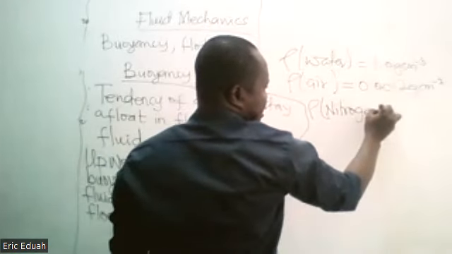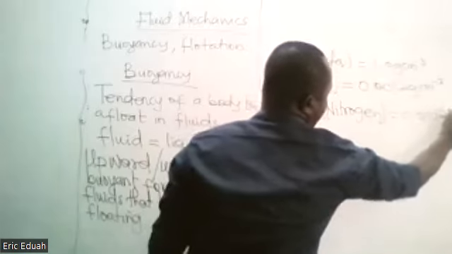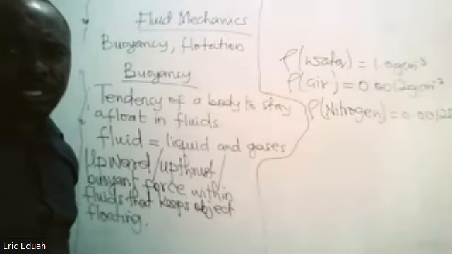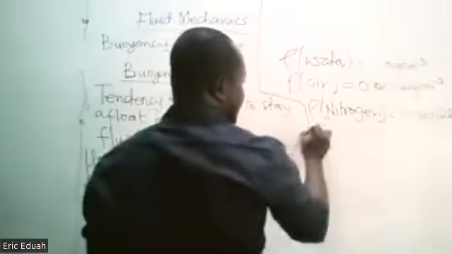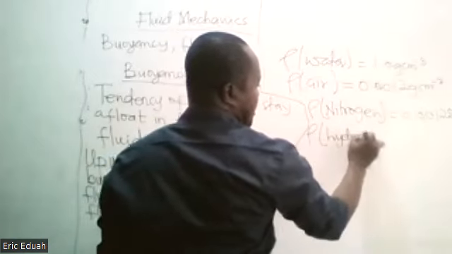Nitrogen is this 0.00125 gram. As for the density of hydrogen and then helium, very, very small. Hydrogen has a density of